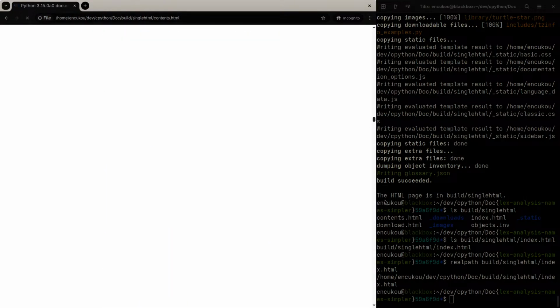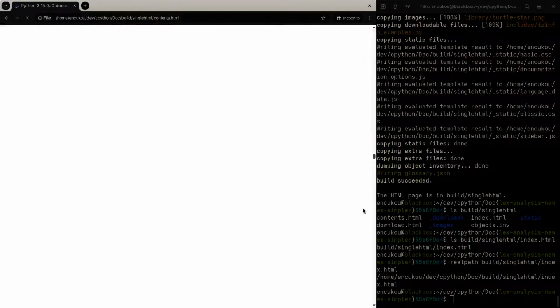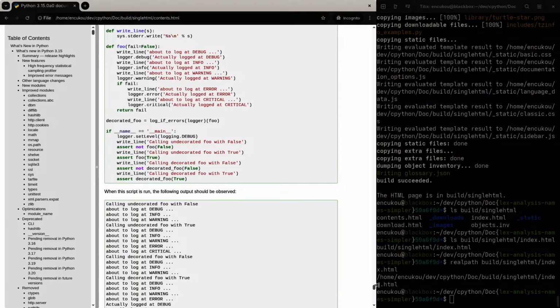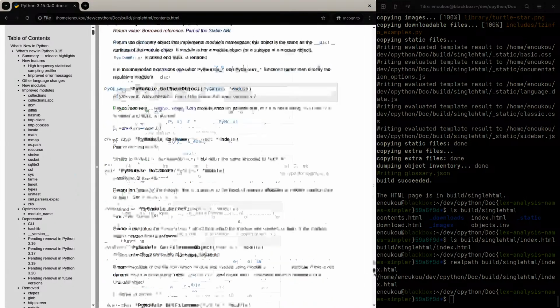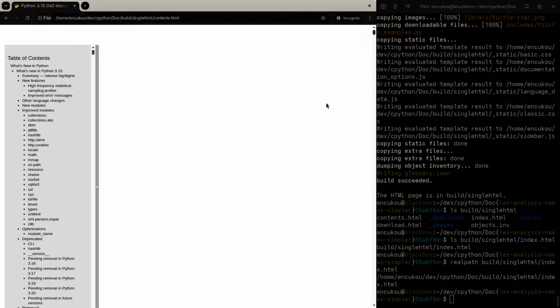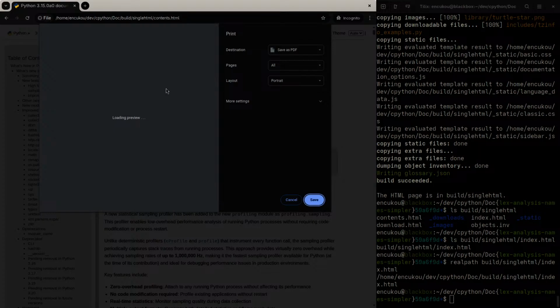Oh, I see the scroll bar. And the scroll bar is tiny. Yep. And my memory usage just grew by several gigabytes. Oh my goodness. So that is all of the Python documentation for 3.15. Yes, this is all of the Python documentation, and if I go Control P, yeah, this will load a preview. So if you can get Playwright to make sense of this, it'll load a preview one day.